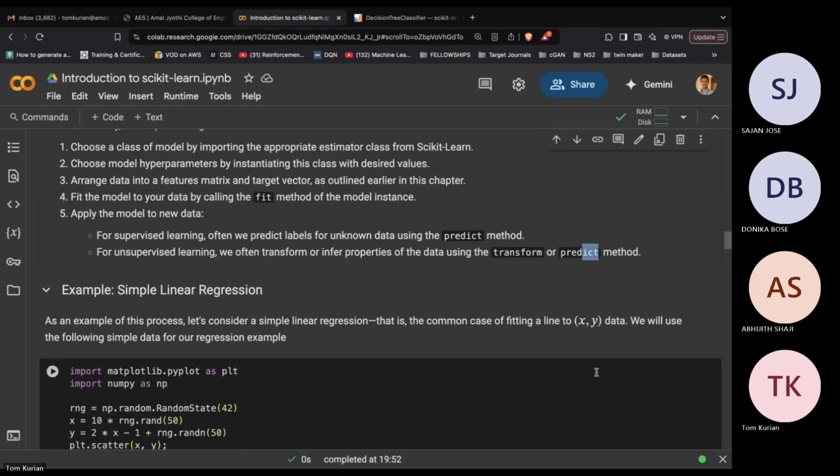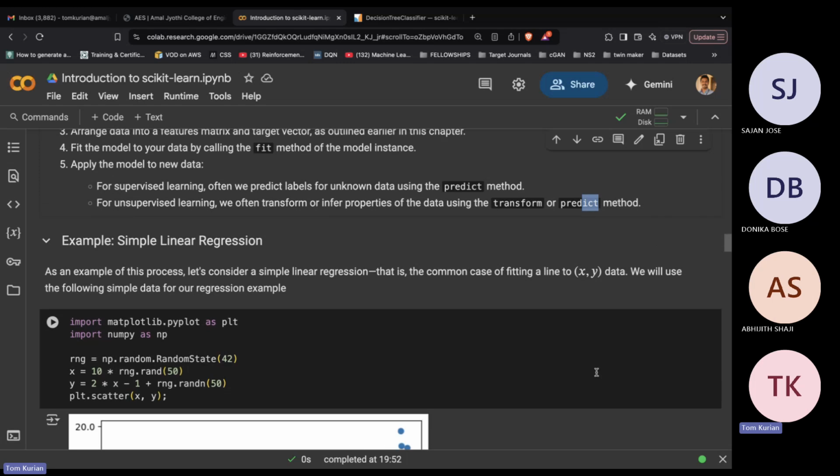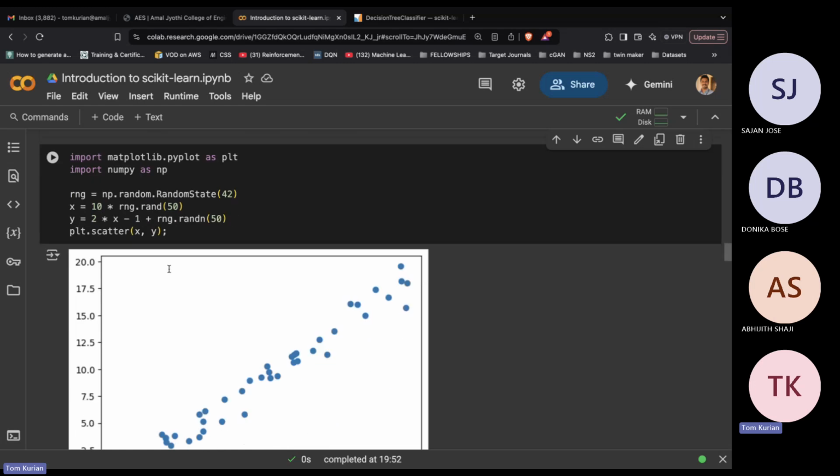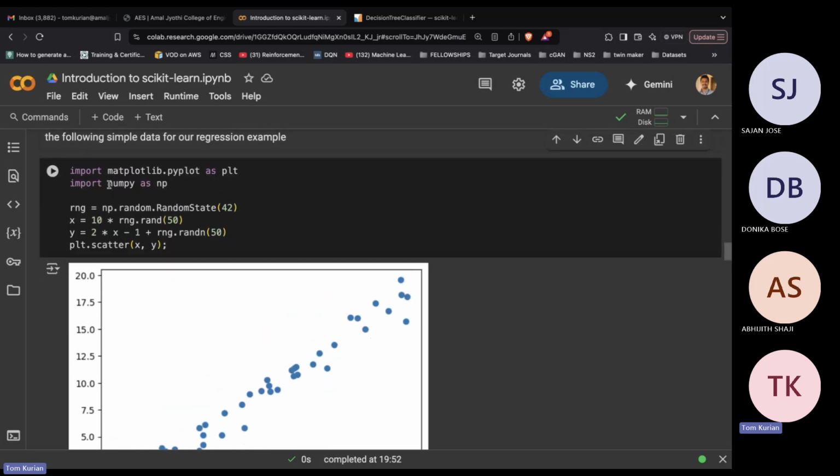Now let's take an example of a simple linear regression. Over here, I'm not going to use any real data. I'm just going to create some random data using the random module of NumPy, and I'm going to try to build a model based on this random data in the first example. So my data is like this: I used NumPy and created some random